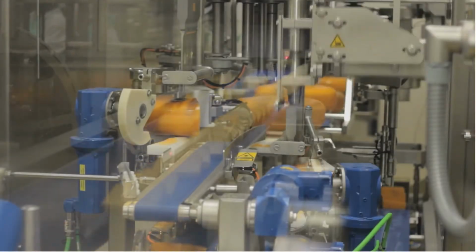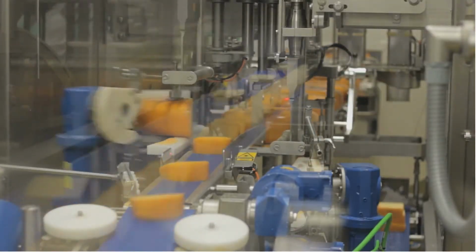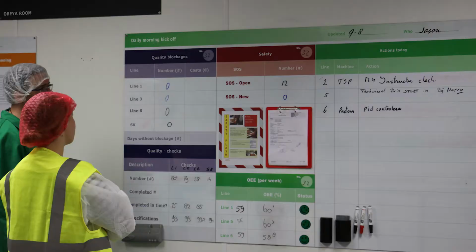Imagine this common scenario on an average day in production environments. During the morning kickoff, people gather around and review the events of the previous day. Typically, events that happened and influenced yesterday's production in any way are reviewed. And this might lead to discussions about what might have been the cause of these events.